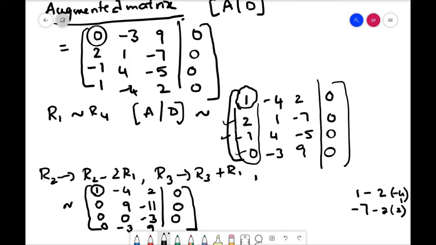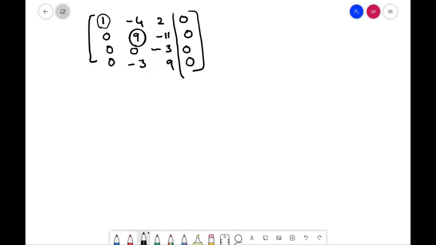And then what is now the pivot element in the second row? 9. Then where are the changes you have to do? You have to do changes in this column. Now we got in the second row the pivot element, and using this 9 I have to make these other two zeros. So in R3 there is no need to change because it is already 0. And for R4 I have minus 3 in R4 and 9 in R2. So multiply this by 3 and then add, it will be 0.